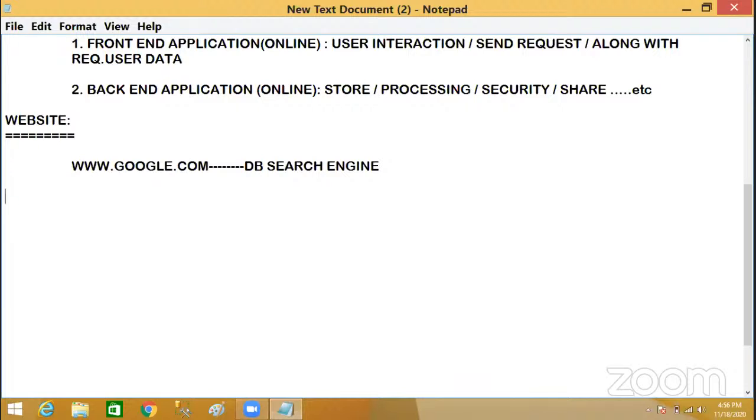So not only database people learn databases. Somebody thinks databases are only for database people, but that is wrong. Pure database people are also there, because they are planning their careers to settle as database programmers in real-time companies. They want to be Oracle programmers or Oracle developers. So many such jobs are there in real time. If anybody is interested, you can try the database side also. But databases are not only for database people, remember, everyone requires a database here.